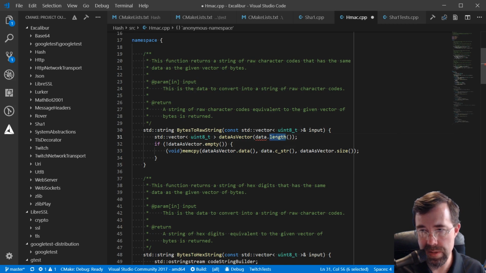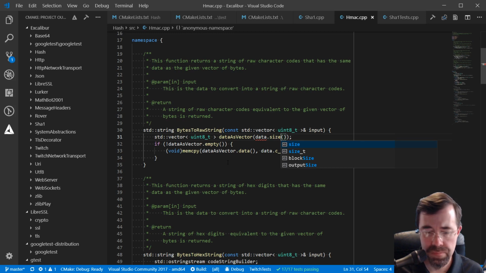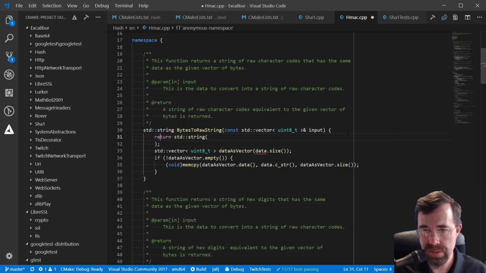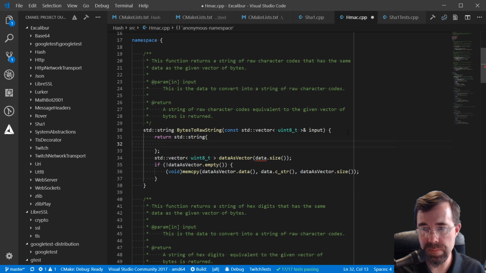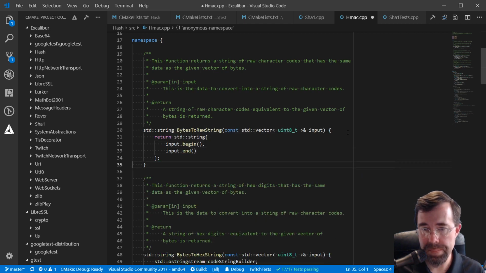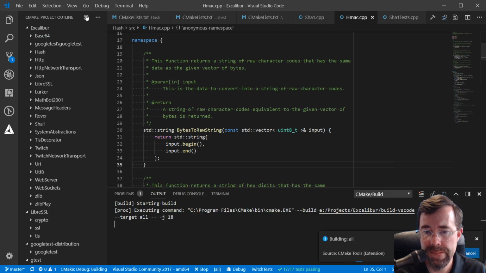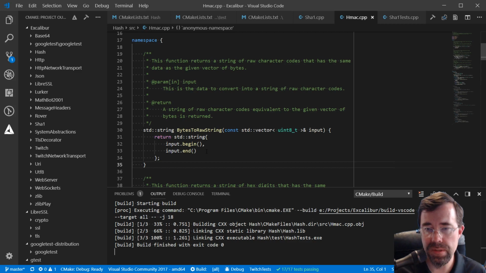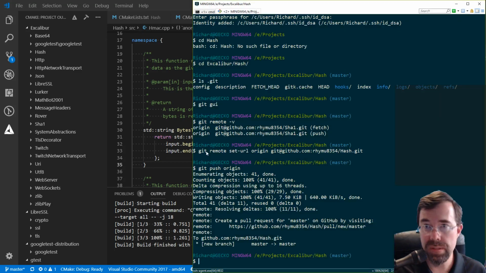So it'll be size and actually I'm just gonna use the initializer list constructor of string. So you use braces instead of parentheses, and then it takes a begin, end iterator pair. You can just do that. Maybe not as efficient as a mem copy, but that's good enough. All right, so I'm gonna run it in this standalone shell,